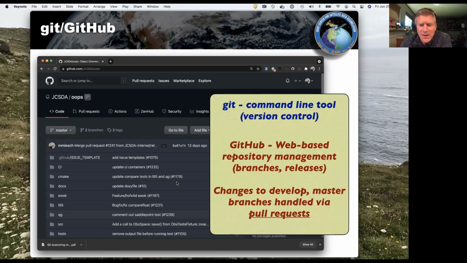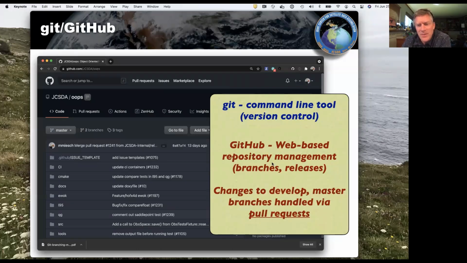So just a little terminology here. Git is the command line tool. So this is the version control system that you use on the command line. But GitHub is the web-based repository management. So you can use Git with different web-based repositories such as Bitbucket or GitLab, but we use GitHub. So that's a distinction between what Git is and what GitHub is.